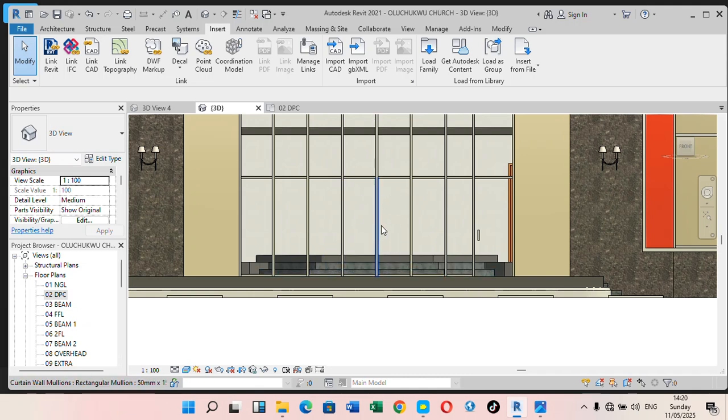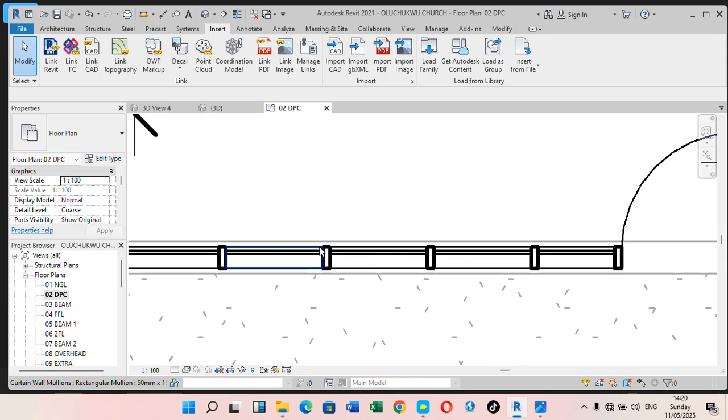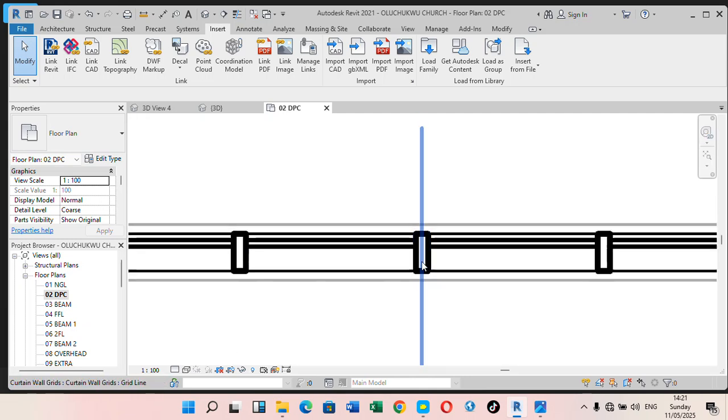But you know, it is a double door, it is 2 in 1. But the sizes of these frames or these panels are 750 millimeters. So we are going to go to the floor plan to edit the sizes first, the width of these doors. Since it is 2 doors, as in double door, 900, 900, we are going there to the floor plan. When you come to the floor plan, since we are working on these two panels, I come to this mullion on the right,